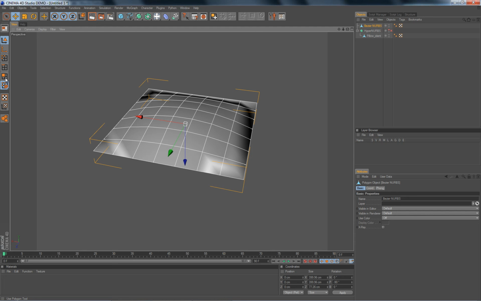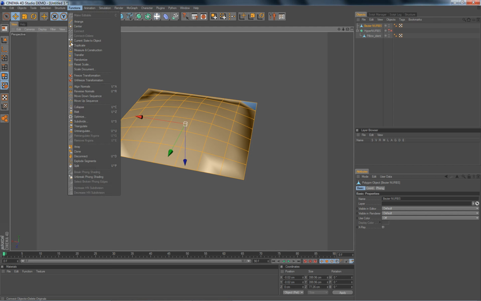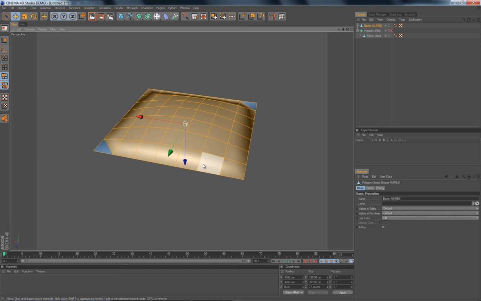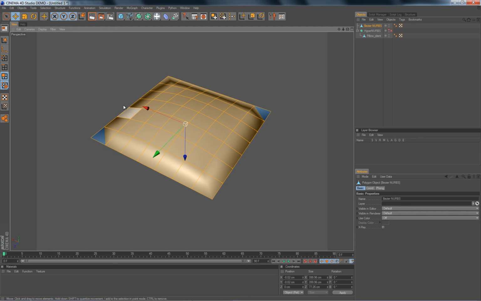Also, the smart move is to select all in one of the components modes and go in functions, optimize. So for example, the default tolerance is 0.01, I believe. I'll use 1 here and hit OK, just in case some points were not welded or something like that. I will select this outer loop